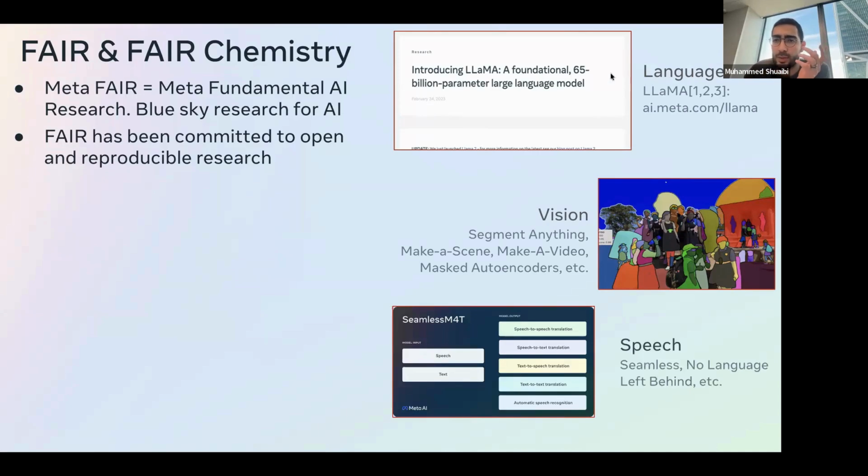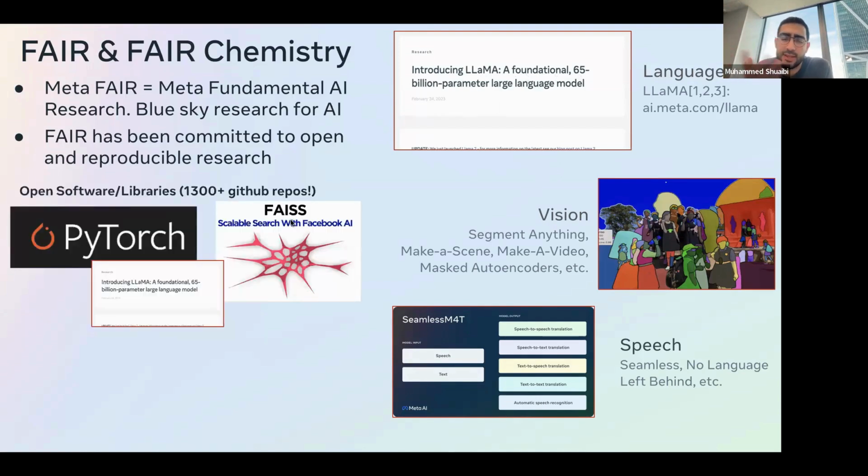You also have language models, like there's a big effort on translation. How do we have any language be translated seamlessly so anyone can communicate across the world? And more, all of these have this theme of open software libraries. There are hundreds of thousands of GitHub repositories and code out there, so people can go out there and just download these models and play around with the tools.